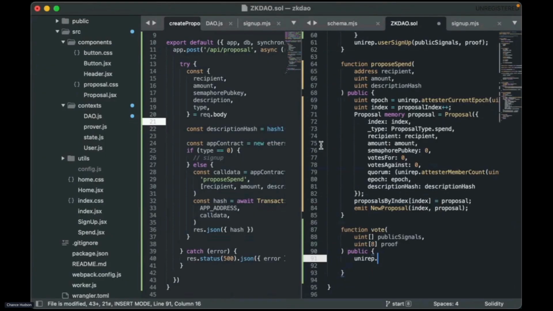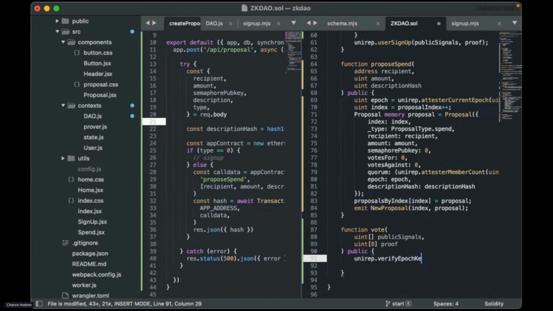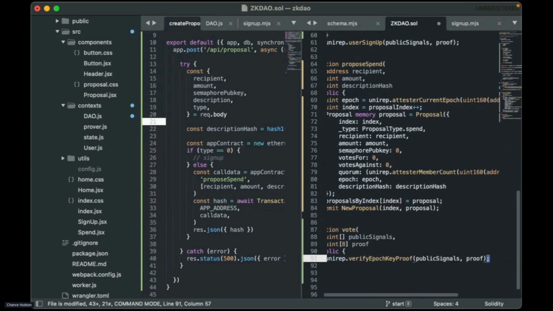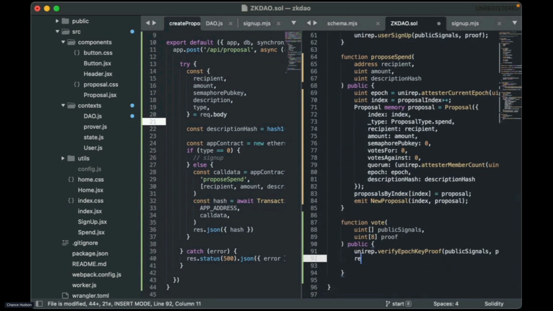Otherwise, you can make a valid proof against, for example, some state tree root that doesn't exist. And so this function handles that for you. I believe this is right. Public signals, proof. And this will revert if the proof is invalid or if any of the inputs are invalid. And we need to do some other stuff.